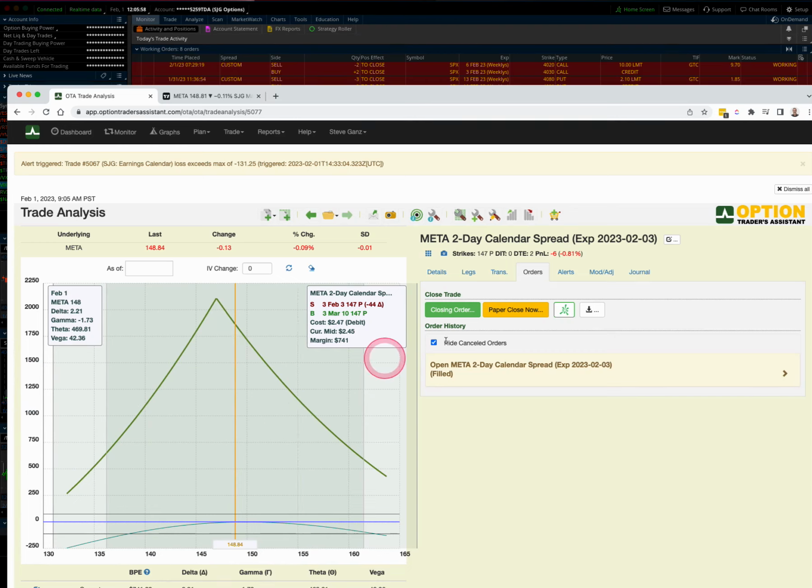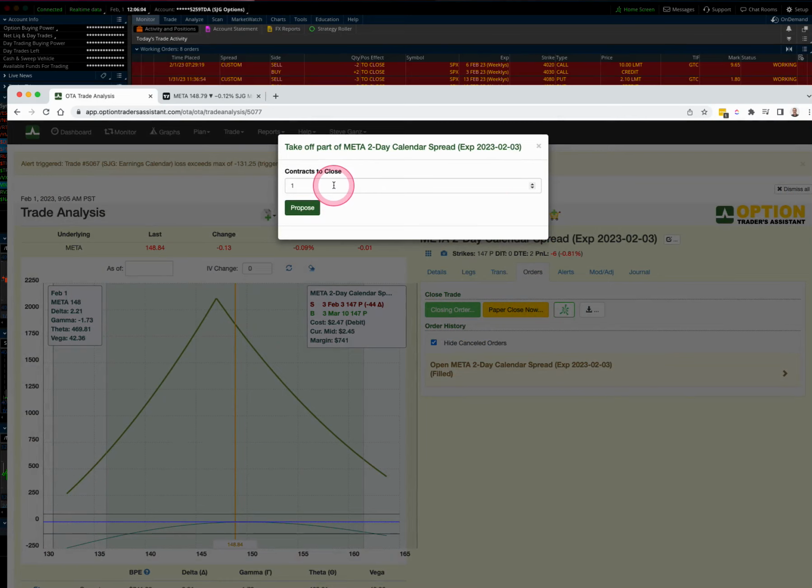Now, I'm also going to go ahead right now and put an order out there to thin this trade. I could put an order to completely close it as well. And I'd like to do this right as I enter the trade. That way, this order's already going to be sitting out there tomorrow morning when the market opens. And if the market opens the way we want it to, where maybe Meta's going to open somewhere in this